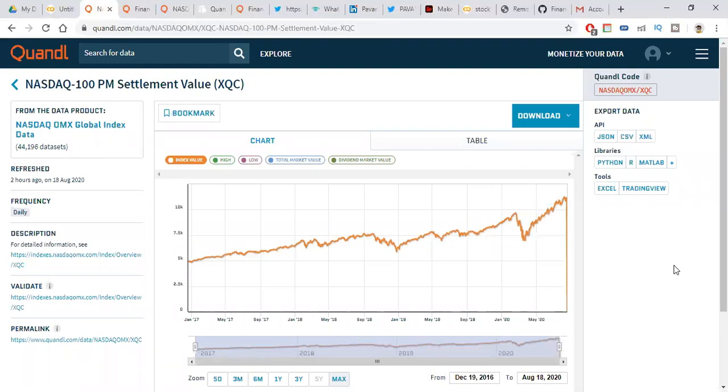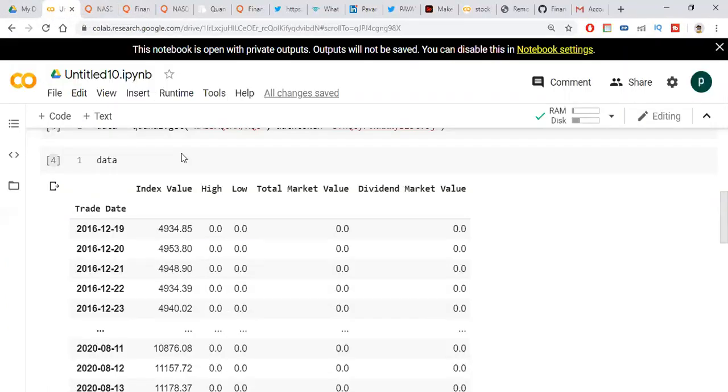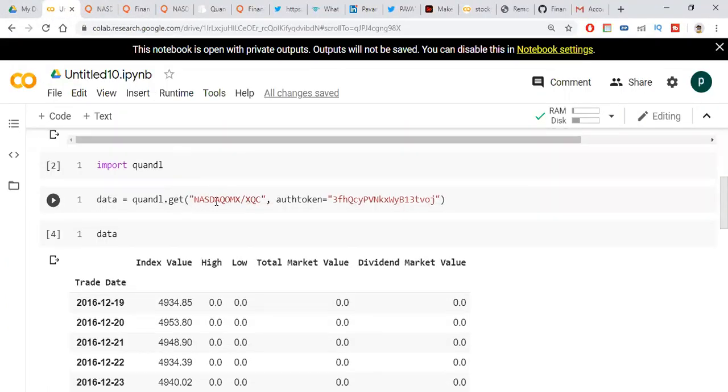We can get present data also. It will be updated every 4 hours. It shows what the data set is about and the authorization token.